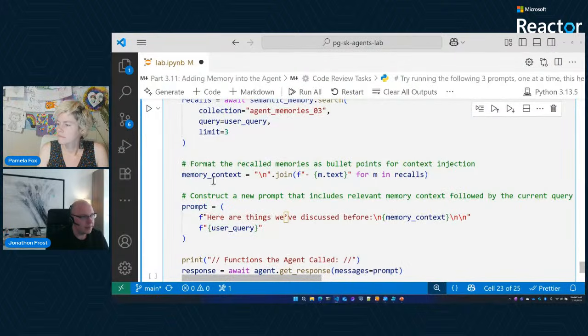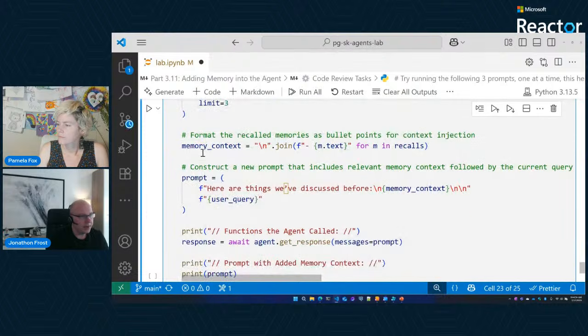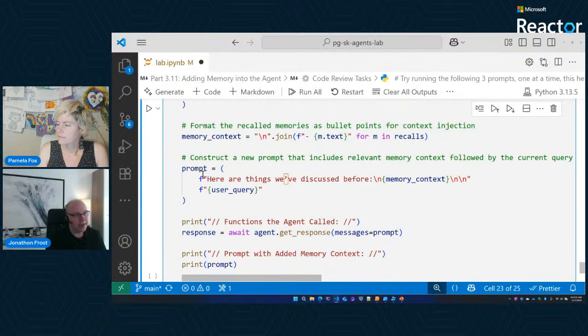From there, we're able to build a memory context from those recalls. Then we're able to construct a kind of pre-composite prompt, if you will, where we're taking the prompt that we had, and then saying, here are the things we discussed before, putting in that memory context. That way, when we're interacting, we just put in our prompt, but it's able to grab the memories and do that on our behalf.